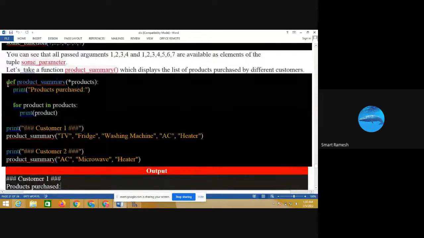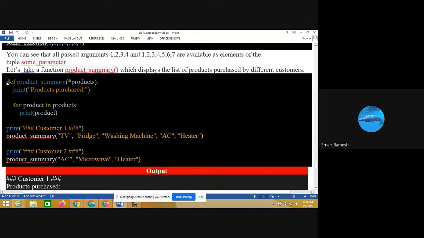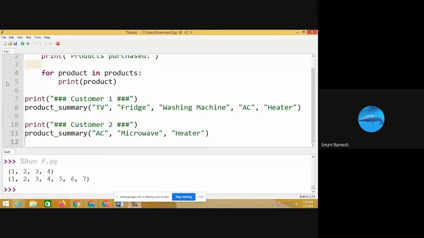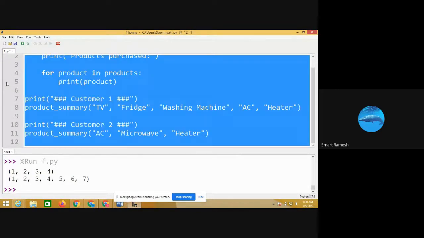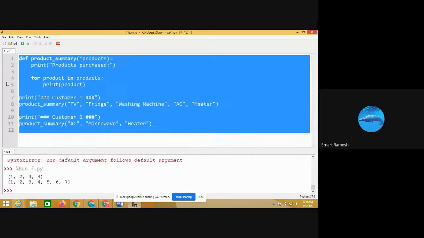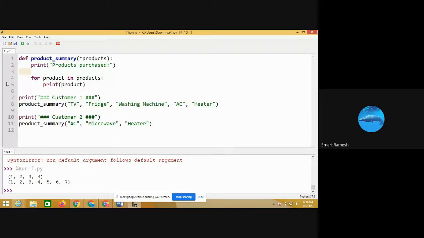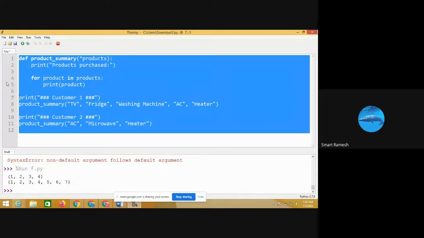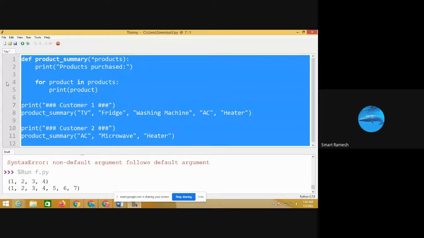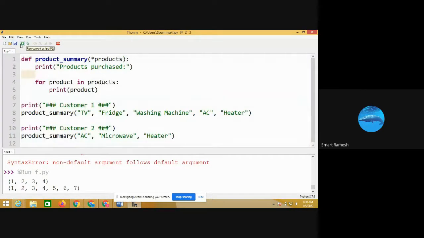Next, one more program. Okay, see this program here.